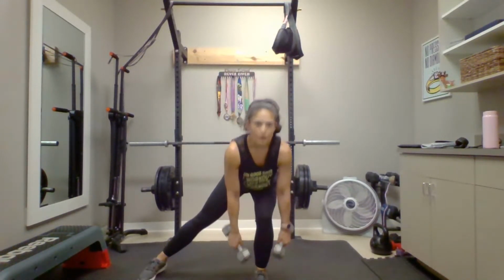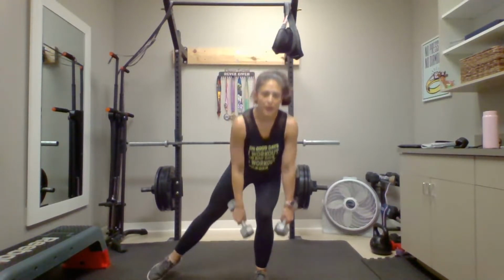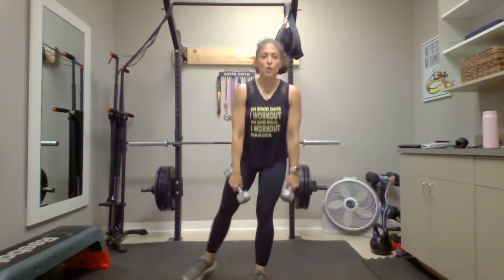Going out to the side with that right leg. Left leg is planted. Come on, guys. 13,